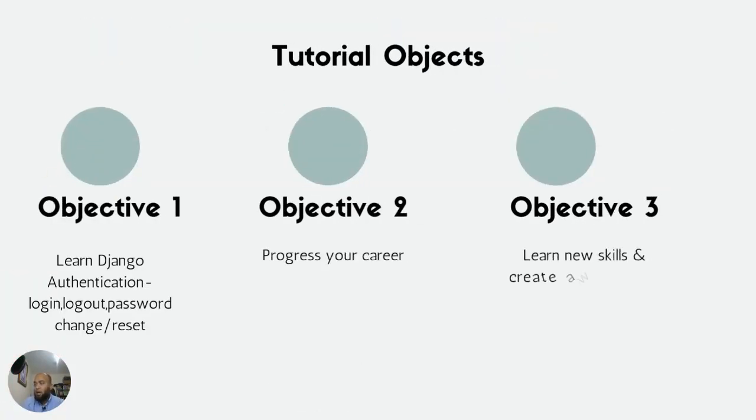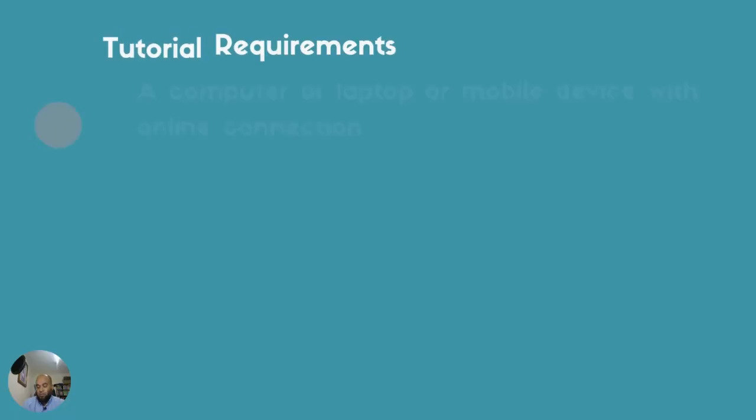and so the objective of this tutorial is for you guys to learn Django authentication, how you can do login, logout, password change, password reset, all this stuff for your project. I have full detailed step by step. Another objective is your progress and your career, you can get more confidence, and if you land a job, you can do it quickly. Another objective is to learn new skills and create awesome stuff. The more you create, the more you will know that you can create awesome stuff, this I believe,